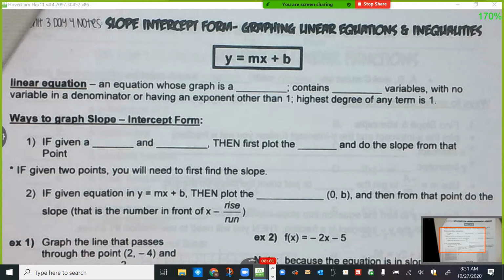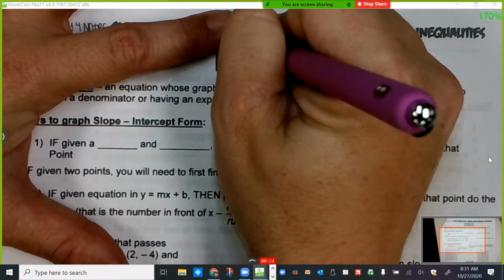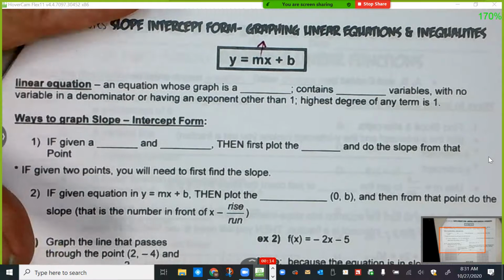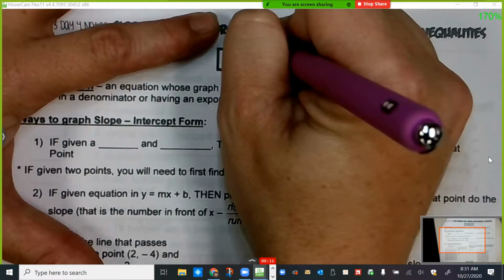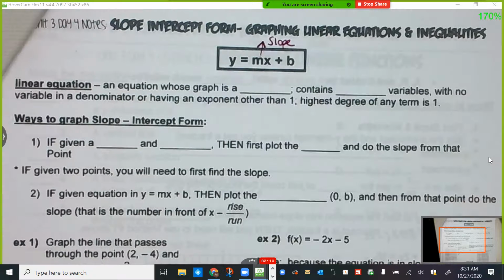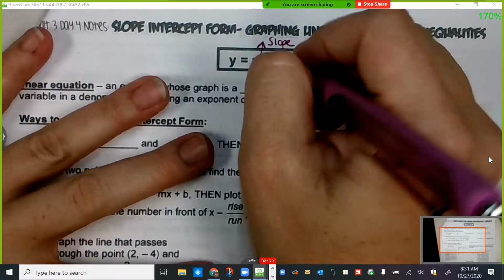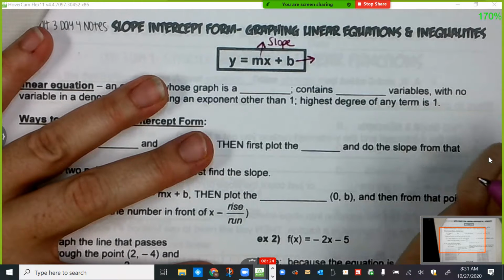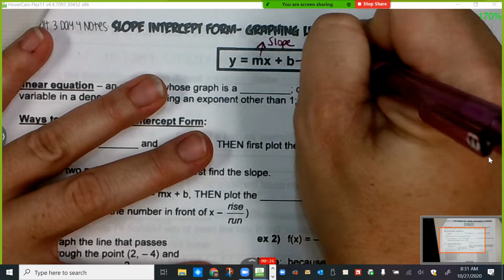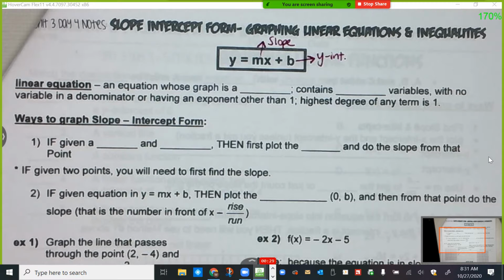Okay, so we are starting graphing, and the first form that we're looking at is slope-intercept form. Hopefully this looks familiar. M is my what? Anybody remember? Slope. Remember, your slope is always touching your x, okay? And then what's the number after? That's your y-intercept. So that's why we call this slope-intercept form, because it gives you your slope and